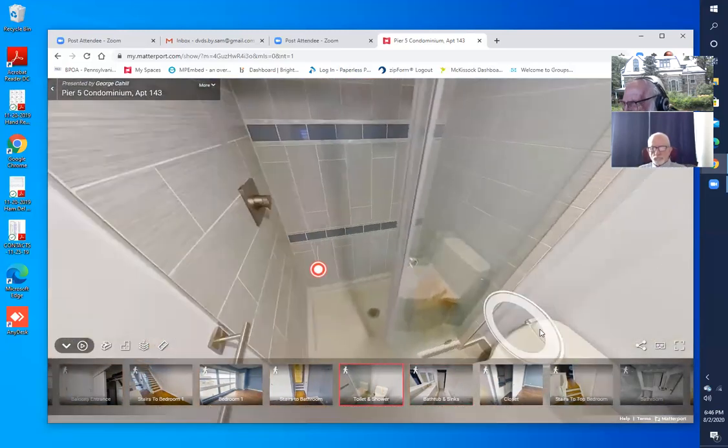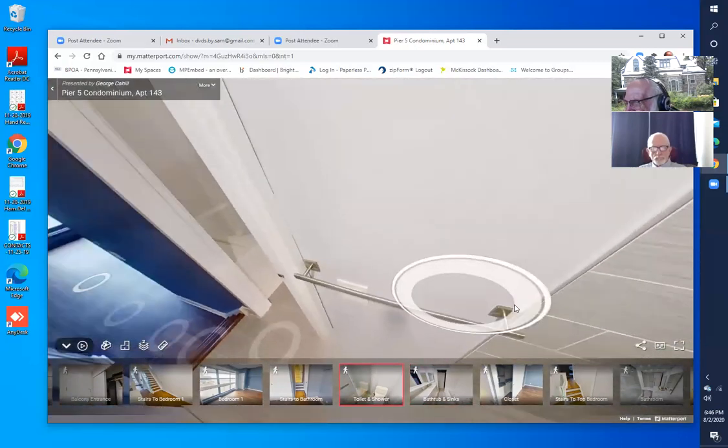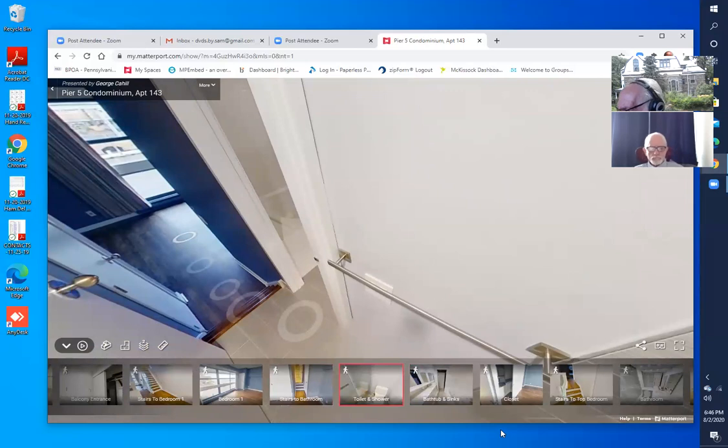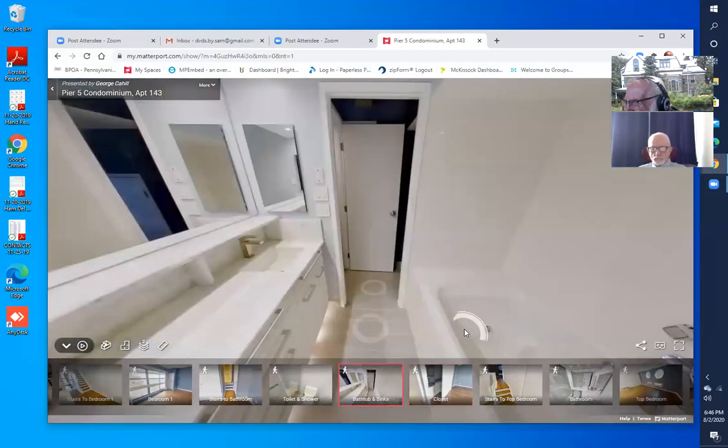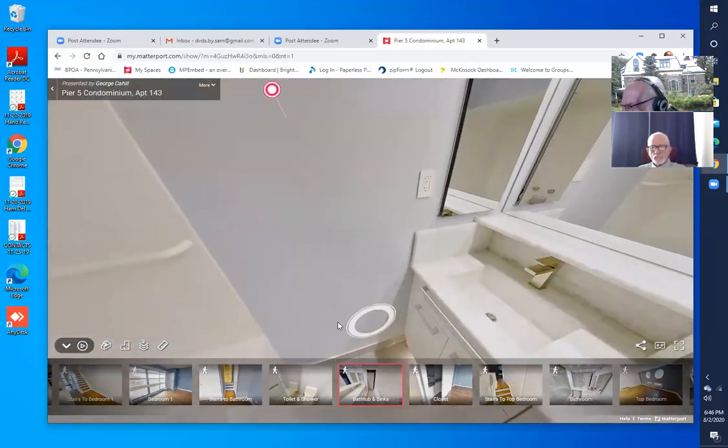And then right adjacent to the toilet and shower, in the same little level, there's a bathtub and a sink. I see it. And then